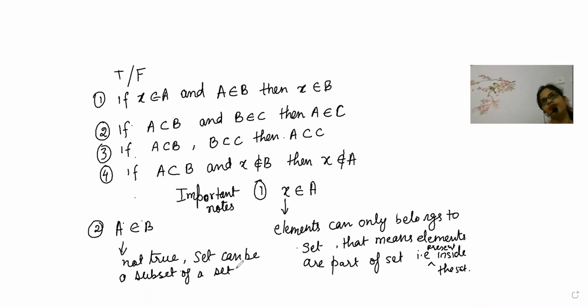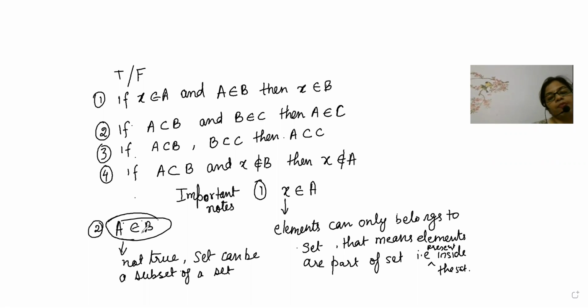Because look here, if I tell you that I am a doctor, will you believe? You will say, no, auntie, please don't say like this. You are not a doctor, you are a teacher. So definitely you will tell me in the same moment that, auntie, you are not a doctor. So here that means I do not belong to the doctor category. But in the profession category, if I say I am a maths teacher, and one person is also a teacher, he is a physics and maths teacher, both. That means I can be a subset of him, but I cannot belong to him. So a set can be a subset of another set, but a set can never belong to any set.